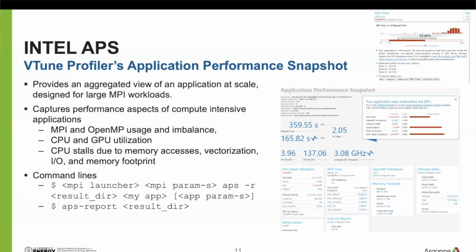So, but in order to run it, you need to call it APS, not the Python. Basically, the full name is Python Profiler Application Performance Snapshot. It provides an aggregated view of the application at scale, designed for large MPI workloads. It captures performance aspects of compute-intensive applications, mostly about MPI and OpenMP usage, MPI and memory imbalance, and also CPU and GPU utilization, some basic required metrics, and CPU stalls due to memory access, vectorization, I/O, and